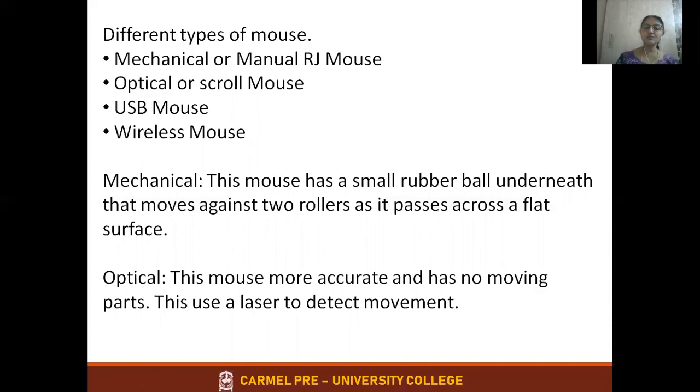When we moved the mouse, the rubber ball also used to rotate. Accordingly, in X and Y coordinates, the pointer used to shift from one part of the screen to another part of the screen. Whereas that has been replaced by the optical mouse. How does the optical mouse work? It is more accurate and has no moving parts. This uses a laser to detect the movement.